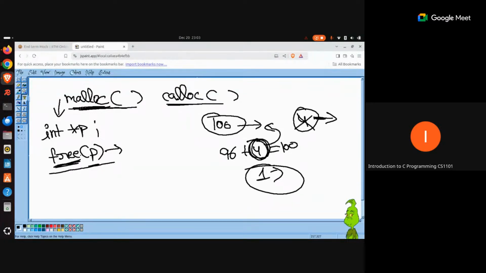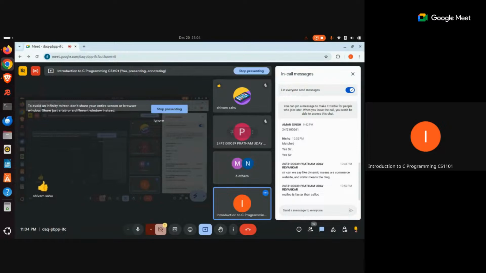Are you getting it now? Yes, sir. Okay, all right. So this is pretty much what I wanted to discuss in today's session. I wanted to give you a brief overview of all the important concepts that have been discussed as part of these 3 weeks, 7, 8, 9. And I think I'm pretty much done with that. So does anyone have any questions with respect to whatever we have discussed today? No, sir.